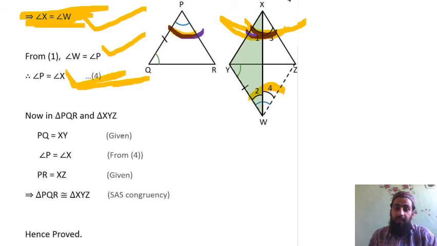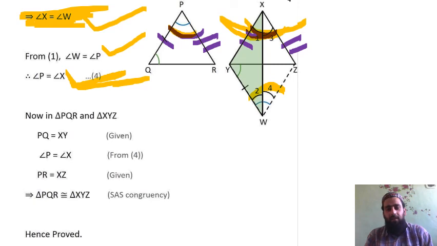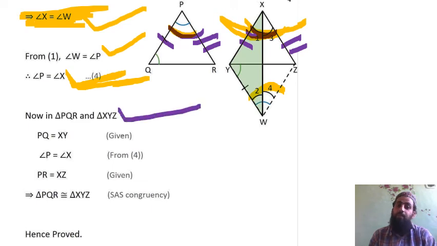It is already given that this side and this side are equal. Now we proved that the angle between them is also equal. Can you get the idea? Okay, this is actually angle side angle congruency. So we are done. So I write down now, in triangles PQR and XYZ: